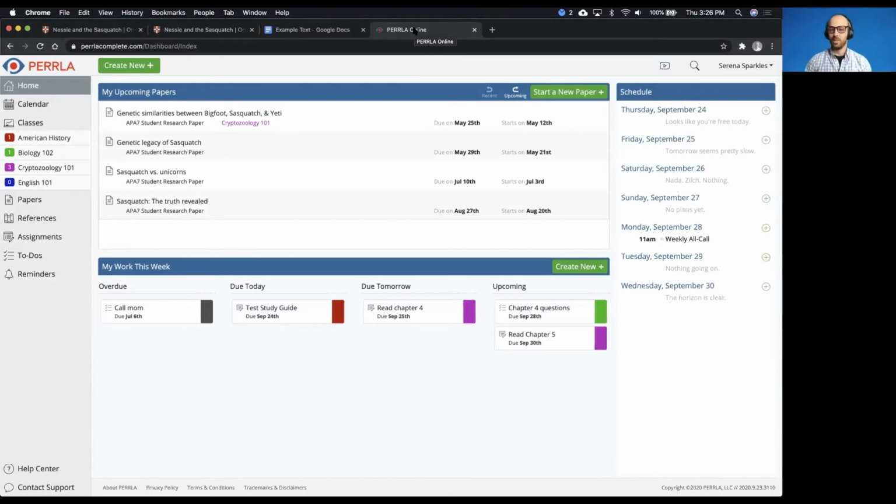Absolutely. So with that, let's take a look at PERRLA Online and some of the features that it offers that you don't find currently in PERRLA for Word, and some of the things that it does a little differently. So whenever you log into PERRLA Online, you're going to land on your home dashboard. The first thing you're going to notice is that we've got papers front and center here for you,